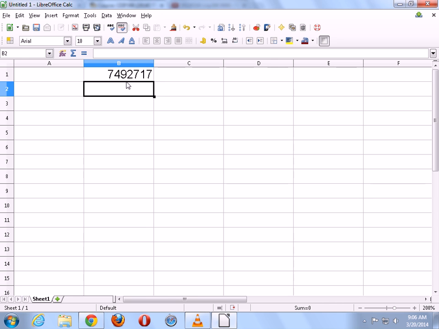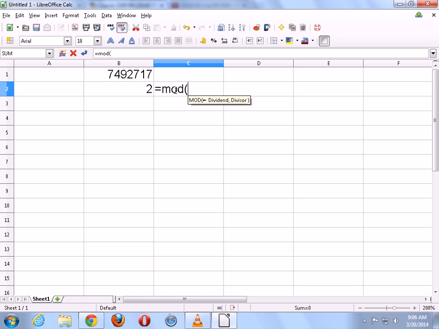Okay. So what we'll do is we'll use a spreadsheet feature and say that we want to start with 2 as a potential factor, and then we look at the remainder of that number divided by 2. So it becomes MOD, which is the name of the operator. You give it the dividend, which is this number here. So I'll call this $1 to refer to that particular cell. And then 2 is the potential factor here. So we'll put B2 here.